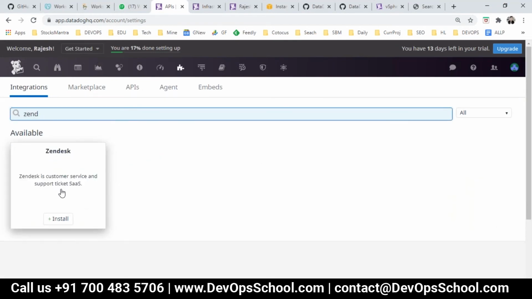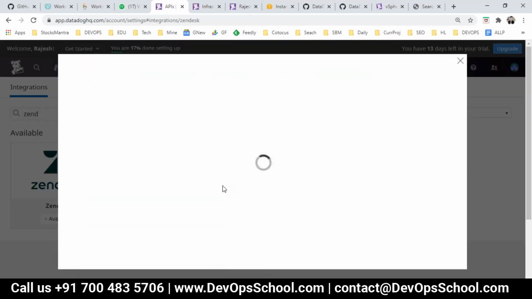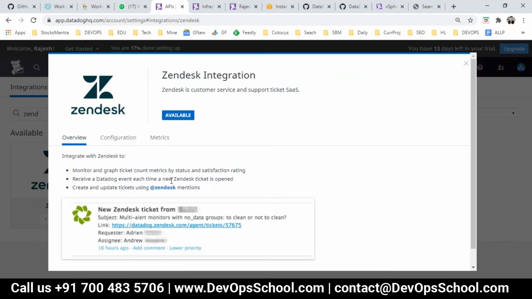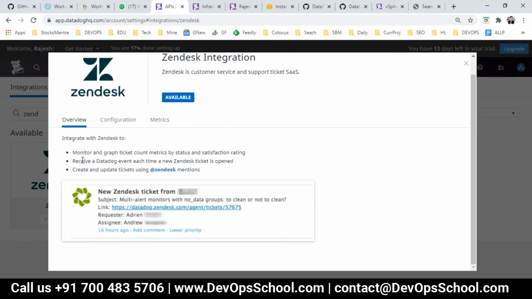See here, this is available. Zendesk is a customer service and support tool, and let me tell you one more thing. Every integration's configuration, installation, and behavior is different, so the best way is to read that information itself.